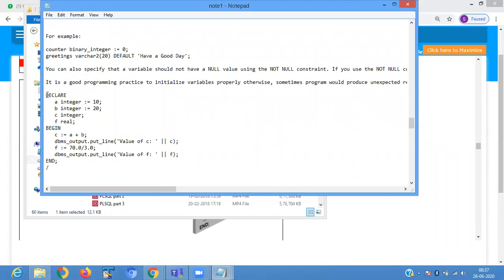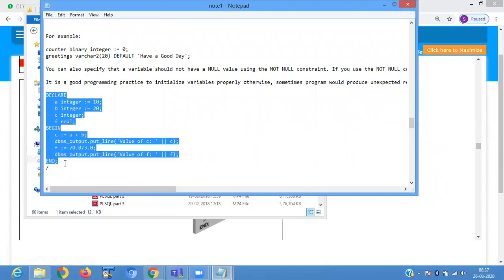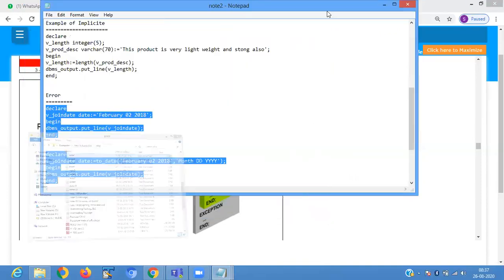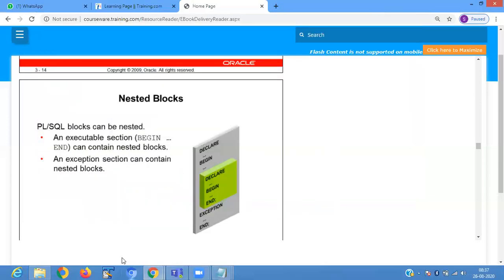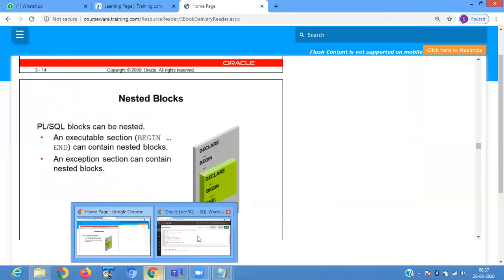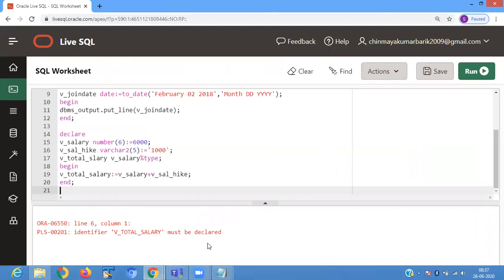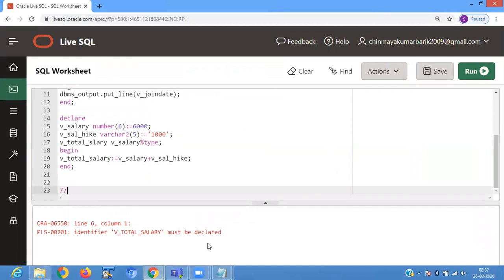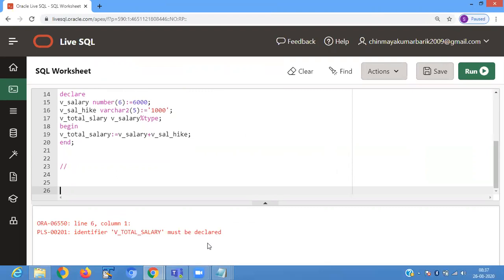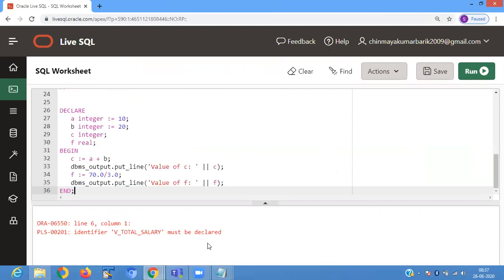Some other example I am showing you. Declare A integer is 10, B integer is 20, then C integer, F is real. Then C equals A plus B. It is adding the two numbers.